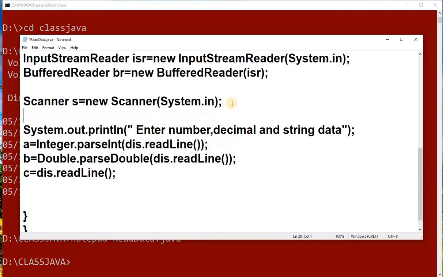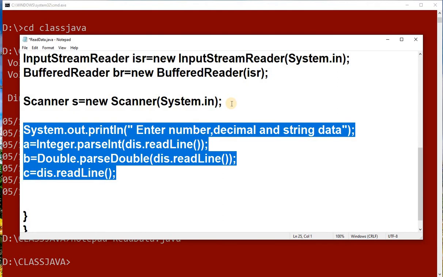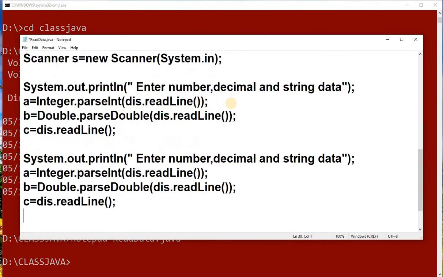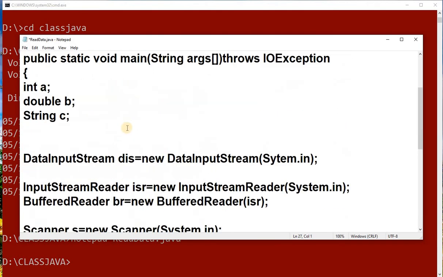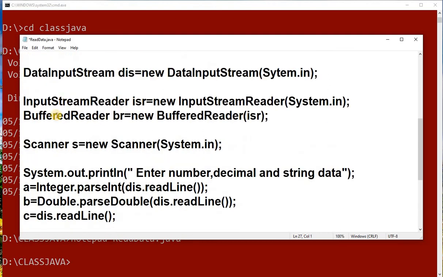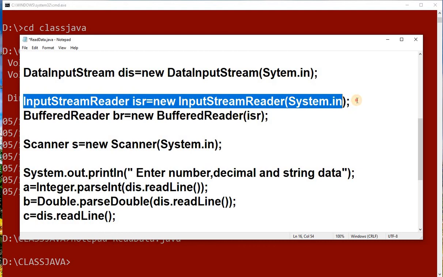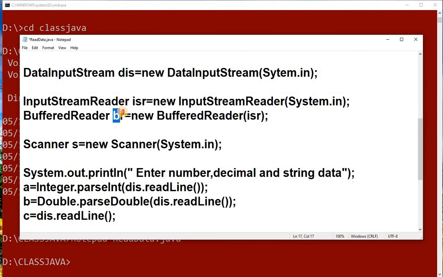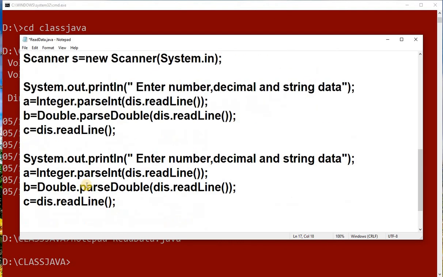Now I want to do the same thing for the next class. How will it be used? For the second approach, the classes we have are InputStreamReader and BufferedReader. Remember, InputStreamReader can provide the operation to load the data, but it doesn't have any memory. So BufferedReader plays the role of sending the data into your memory location. I'm using br as an object here.